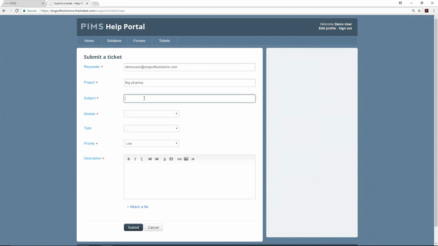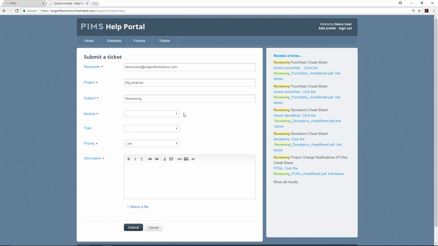Your subject. Notice after you enter your subject, related documents appear with the keyword. So this might answer your question, but otherwise keep going, fill out the module,